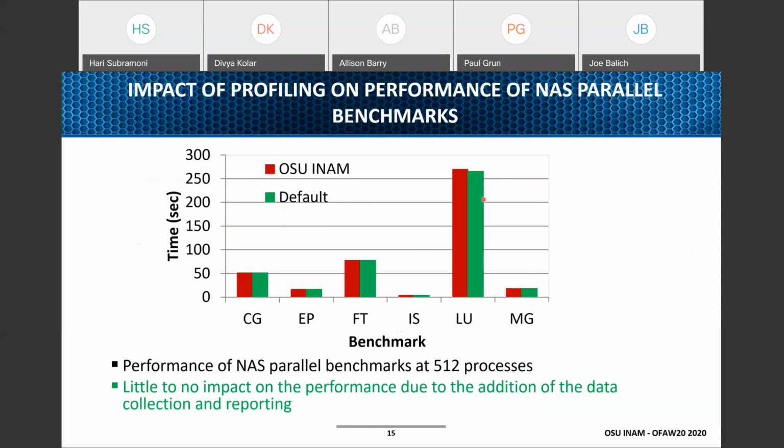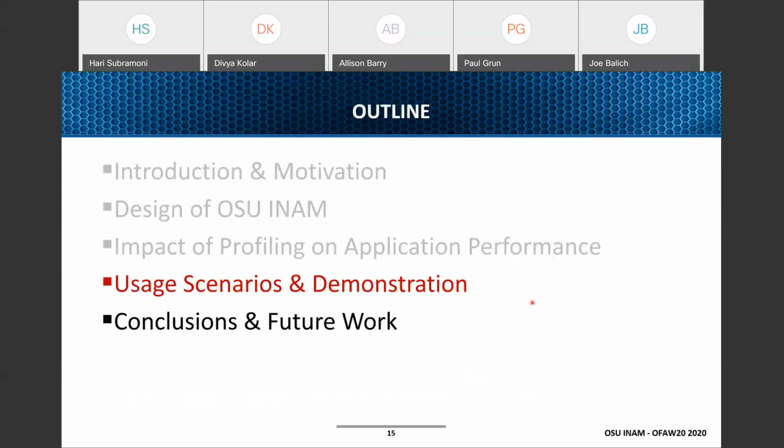So here we are trying to compare an MPI library which is not being instrumented to collect data using the MPI tools information interface, and an MPI library with that support. As you can see, all this profiling has little or no impact on the performance of real applications at a reasonable scale. We are working to see if we can gather this information at a larger scale, but so far we have not seen any impact whatsoever.